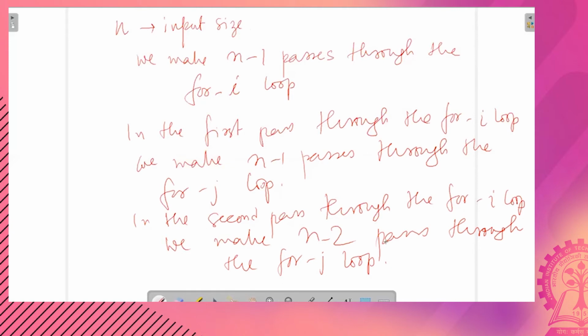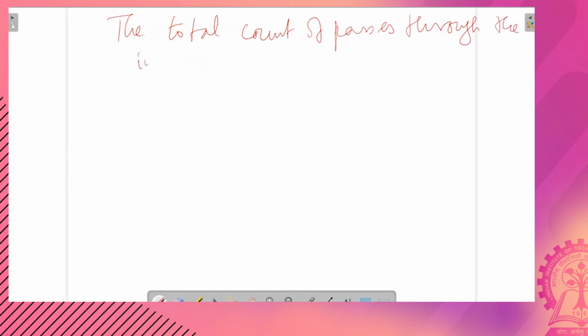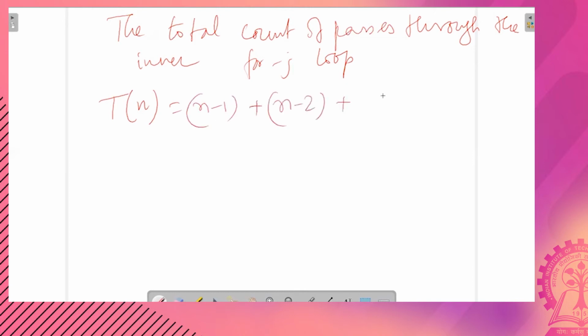So in this way, the total number of passes, the total count of passes through the inner for j loop can be easily estimated as Tn is equal to n minus 1 plus n minus 2 plus n minus 3 plus up until 1.